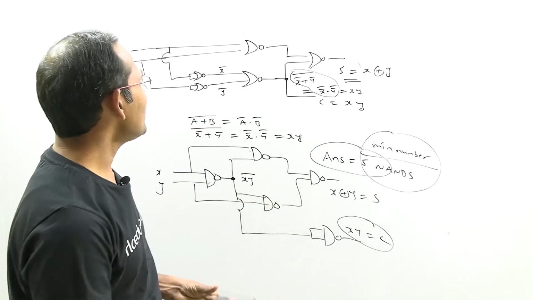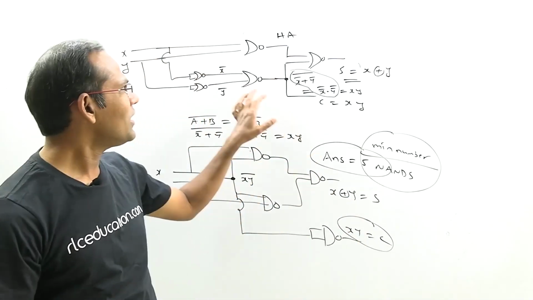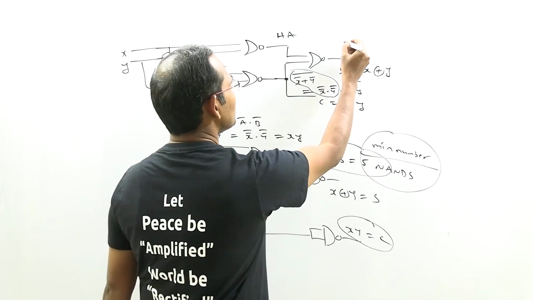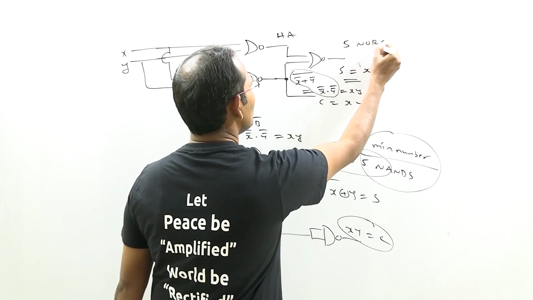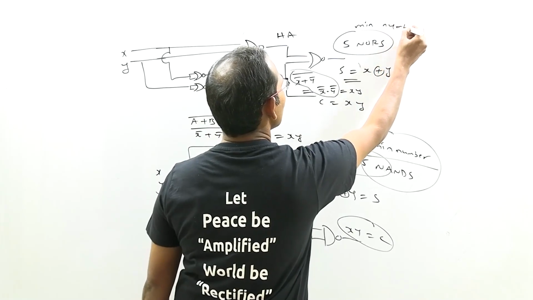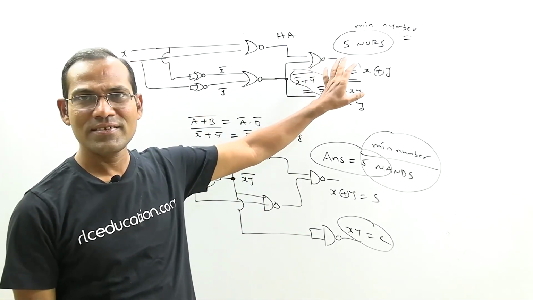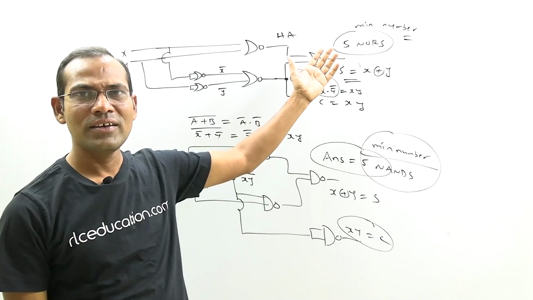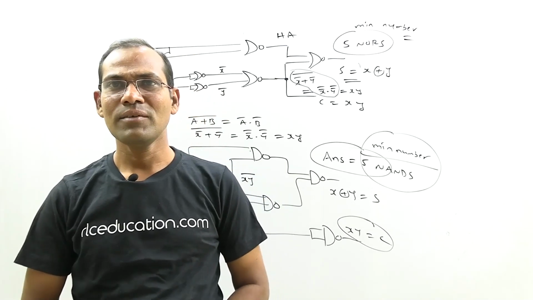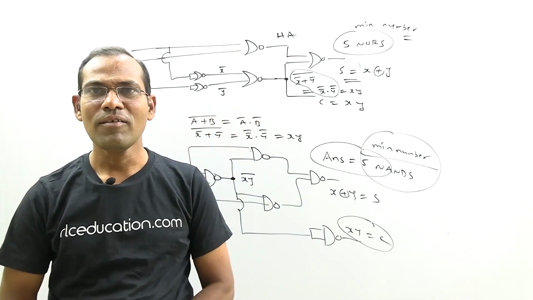Like this, we can design a half adder by using NOR gates. If you observe carefully, the minimum number of NOR gates required is 5. So 5 NORs are needed to design a half adder. It's the minimum number. There is no limit for maximum. You can use any number of gates, but the minimum requirement is 5 NOR gates. With respect to NORs, 5 NOR gates. With respect to NANDs, 5 NANDs. That point will be asked frequently in the exams. Remember that number 5. To design a half adder, 5 NANDs are needed or 5 NORs are needed.